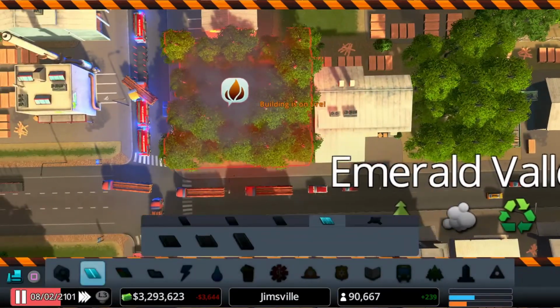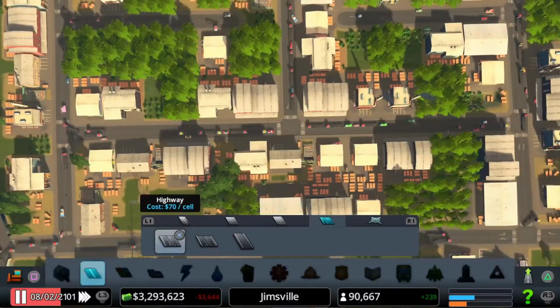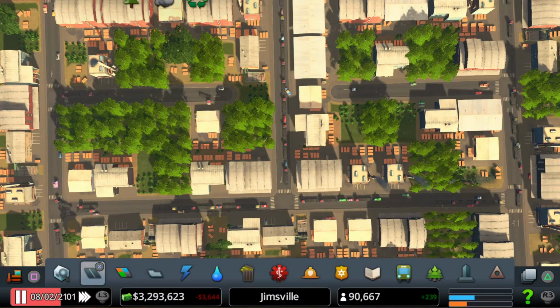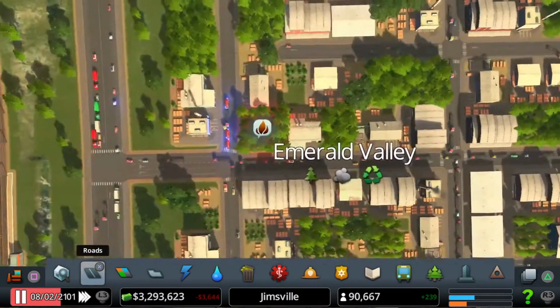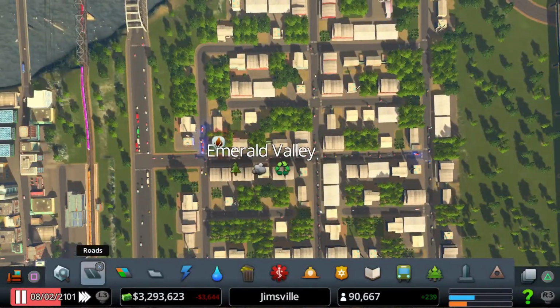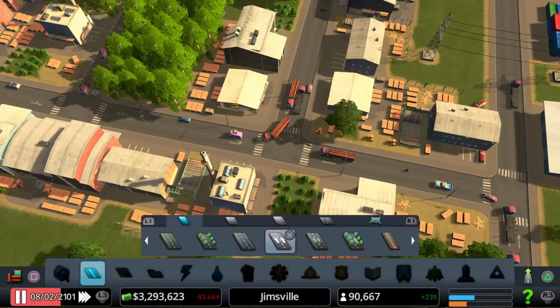I can't because that building's on fire, so I'll have to wait for that to go out. But I think that might be all right, that road there. But I'm toying with the idea of making that a little bit longer. We'll see how our little one-way network copes once I've finished dropping it in.